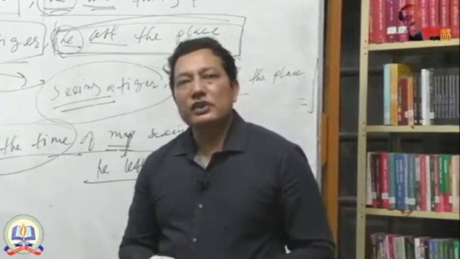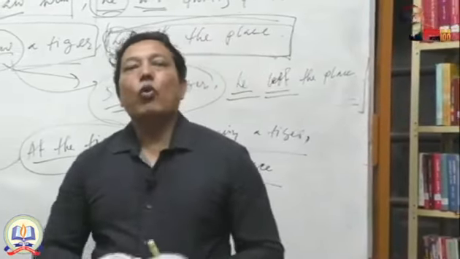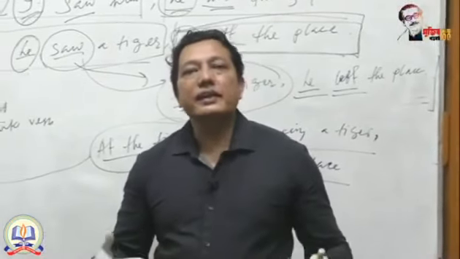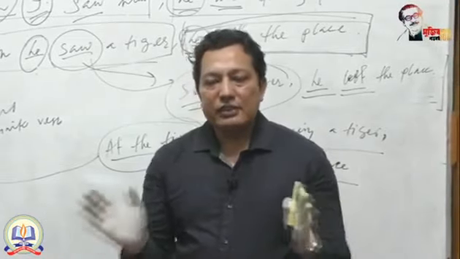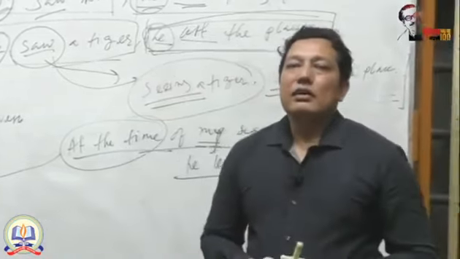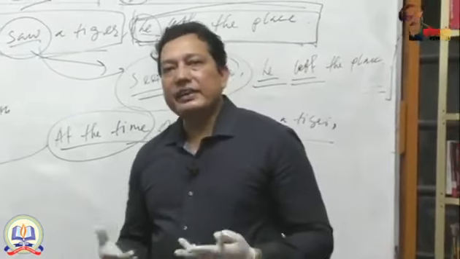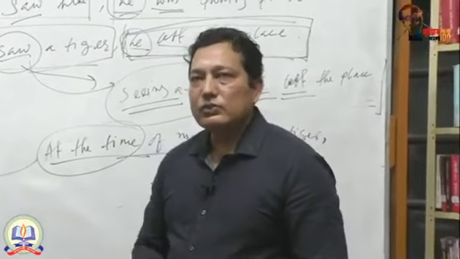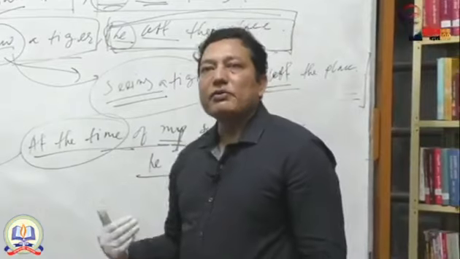And then the compound sentence. The compound sentence is joined with a coordinating conjunction. That means each clause is a coordinating clause. The principal clauses will be joined with coordinating conjunctions, like and, but, or, yet, therefore. In this way you have to add. That means all the parts will be independent. In this way you can make simple, complex and compound sentences.